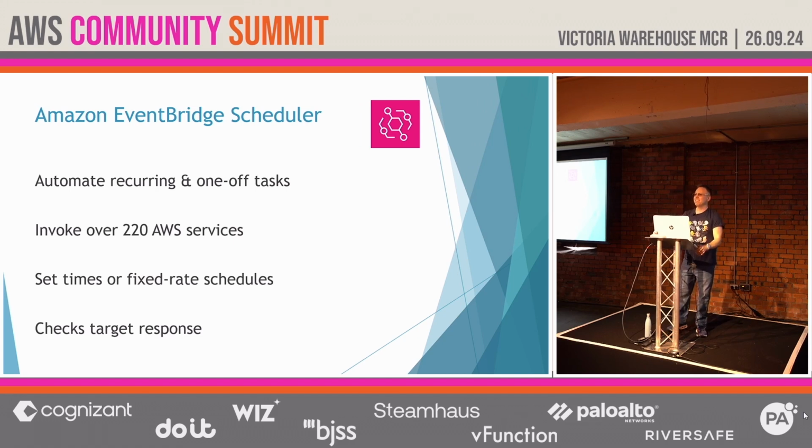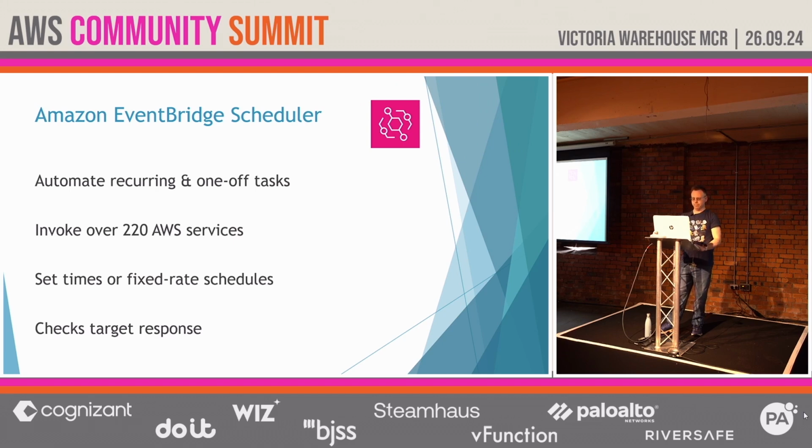So in terms of variety, again, same as Step Functions, it covers pretty much every AWS service. You've got a choice of schedule. You can either have a set time, so it could be say 7 a.m. each morning, or a fixed rate, so every hour. And in terms of veracity, you're covered here with at least once event delivery. So when you send an event to a target, it confirms back to EventBridge that it's been delivered successfully. And if that doesn't happen, we've got things like retry policies, dead letter queues that you can see in the